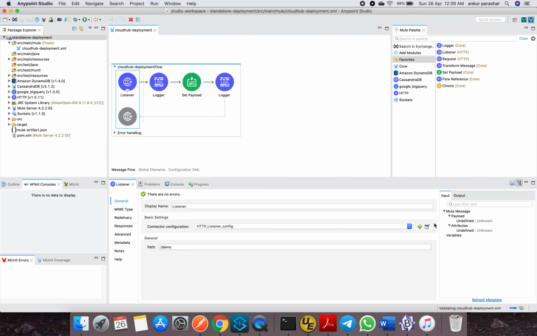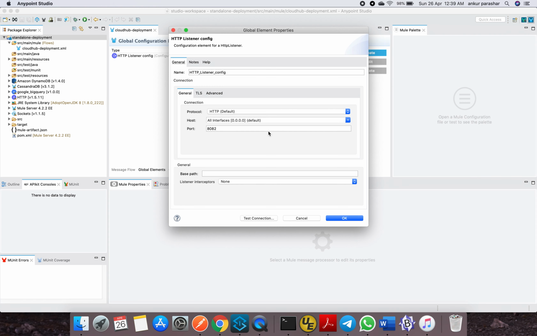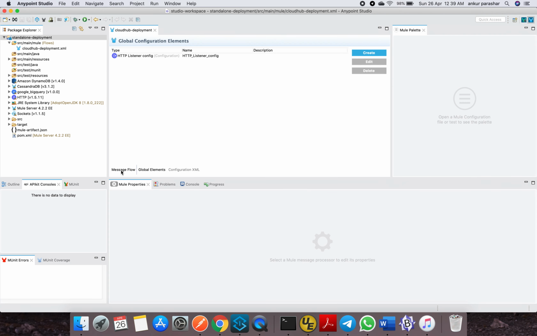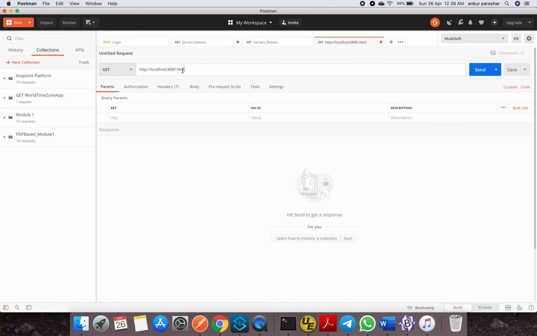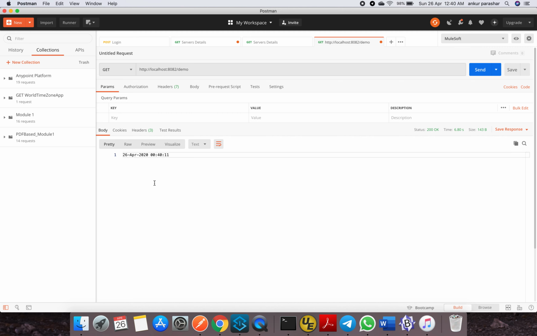Okay, it is demo, and this is 8082. So I will change it to 8082 and demo. Click on Send. Okay, so it has returned the payload. And it is in the same format which we have specified, dd-MMM-yyyy along with hhmmss.